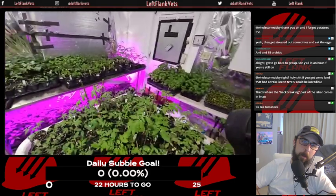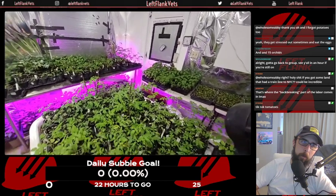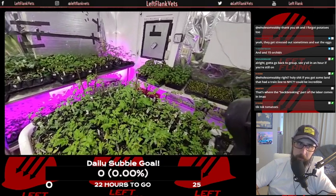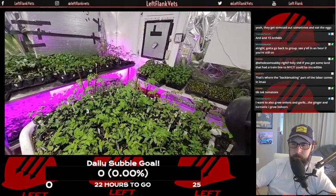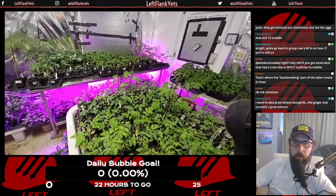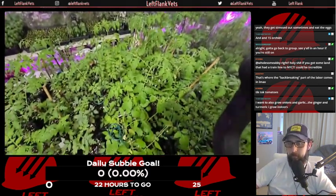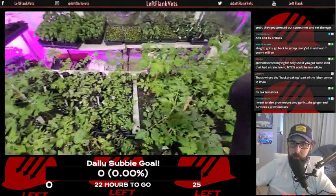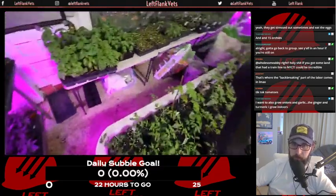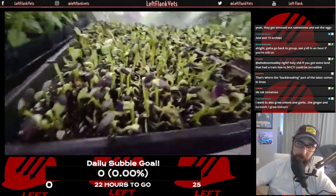spice bush. Oh shit, our lighting system fell, so I've got to fix that over there. Uh-oh. Those plants are getting messed up. What is the pink bisexual lighting you've got going on here? How does the lighting system work? Plants grow better with specific wavelengths of light, and this happens to be one of them. They're better with a red-blue combination than just a traditional fluorescent. So that's why we use those. Wow, who would have known? Red and blue, the pink-bluish, is literally bisexual lighting, and that is the one that helps plants grow best. We're onto something there. There's something going on there. I don't know what it is, but